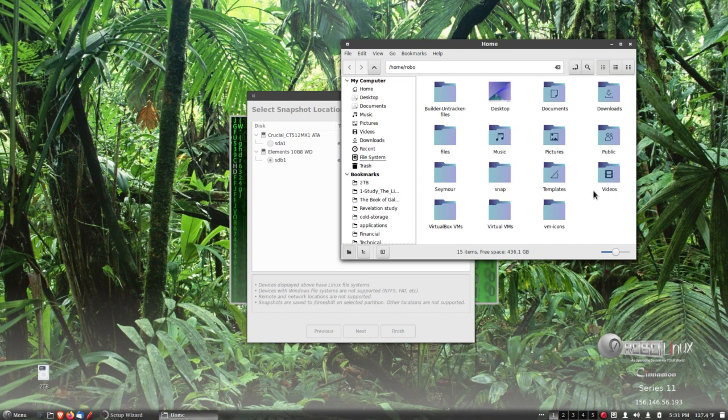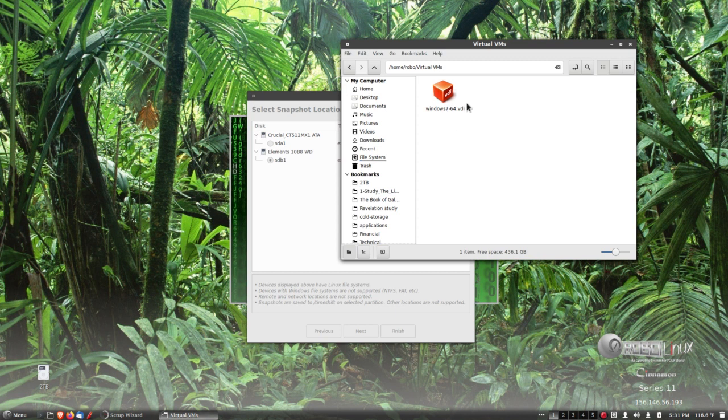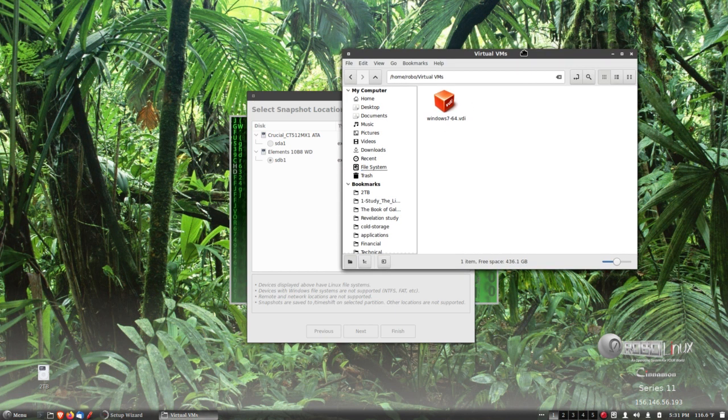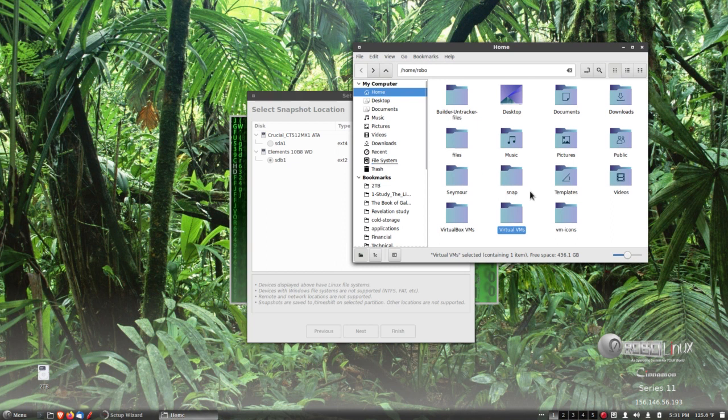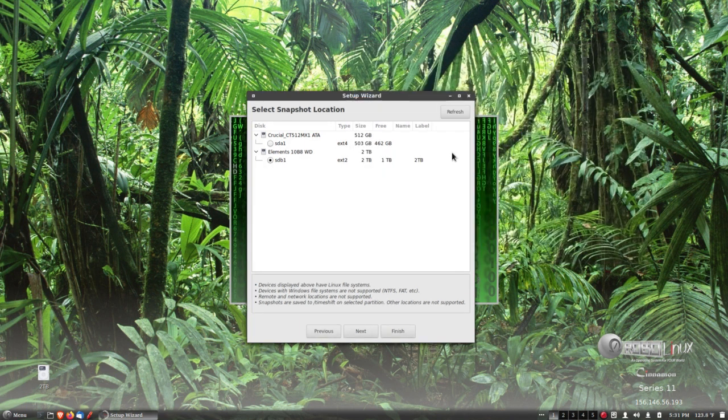And now, one of the things I don't like to do is make a snapshot of my Windows because I already have a PC VHD backup file, and there's no sense in going through a huge snapshot wasting disk space on my 2 terabyte drive. So let me show you how you stop the RoboCop Timeshift application from making a snapshot of something that you don't want, and it's going to be under filters,